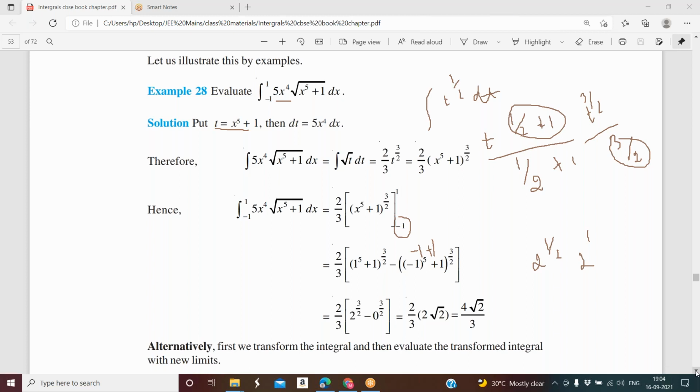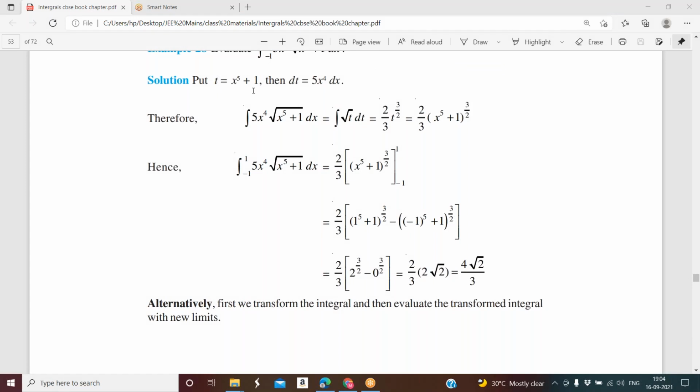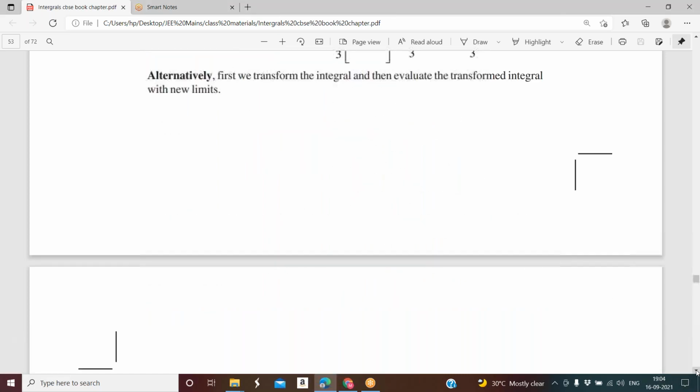Any doubts in this problem? Are you all able to understand? There is an alternate way to evaluate this definite integral. What is that? Here, first I have used the substitution method. Then I have replaced the dummy variable. After that, I have substituted the limits. This is one of the ways. The other way is,